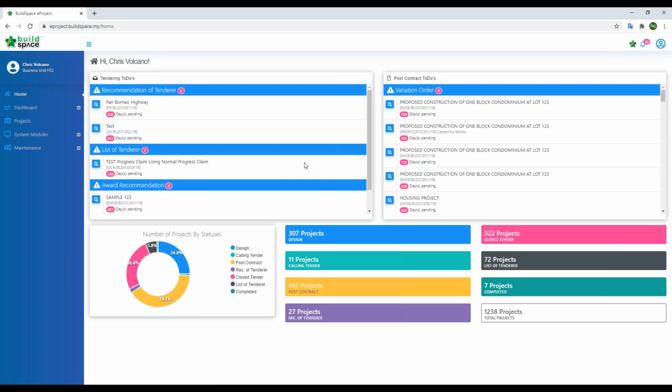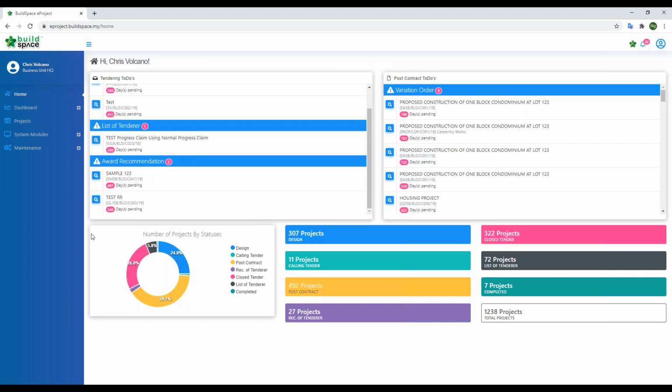This will list down all the tasks pending our approval, or even certain reports pending our review. From here we have reports such as the recommendation of tender form, the list of tender form, or even the award recommendation report. Or on the post-contract side, we have the BOs that can be sent through the system for approval as well. And further, at the bottom part, we can see